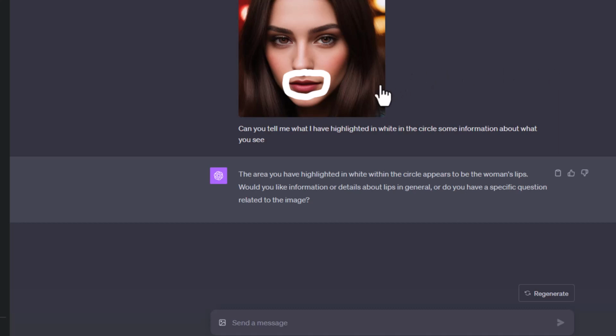It says, the area that you highlighted in white within the circle appears to be the woman's lips. Would you like information or detail about her lips in general, or do you have a specific question relating to the image? So yeah, I can focus in and ask a little bit more information, and there's not too many